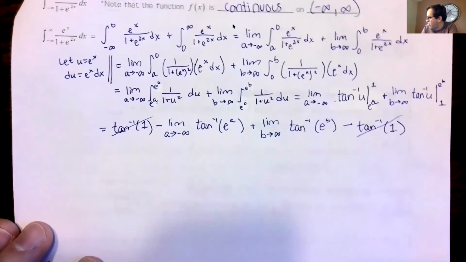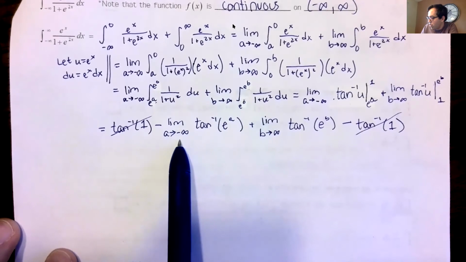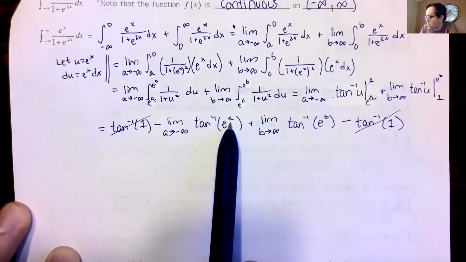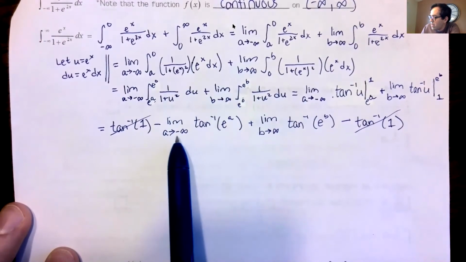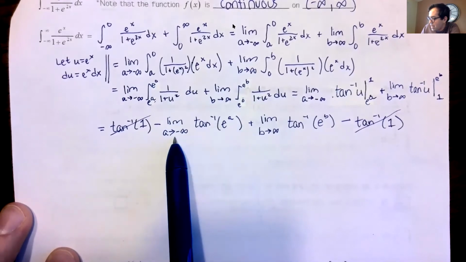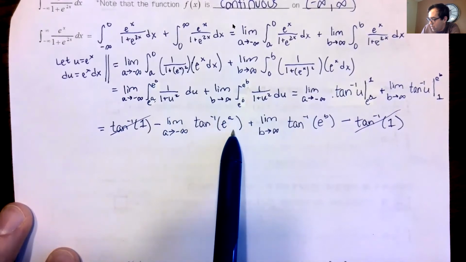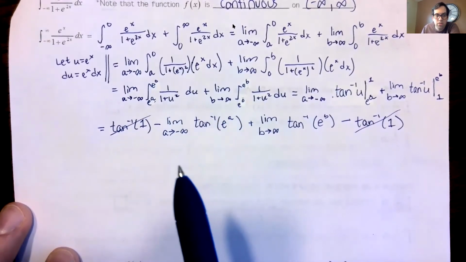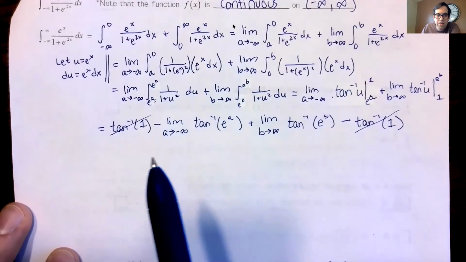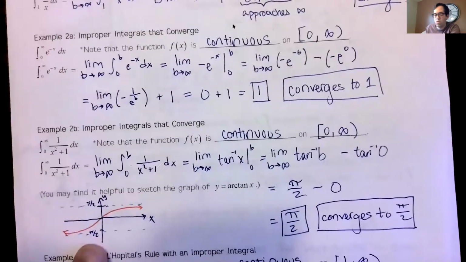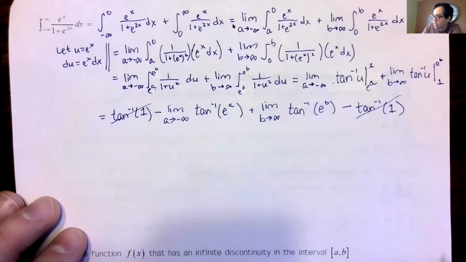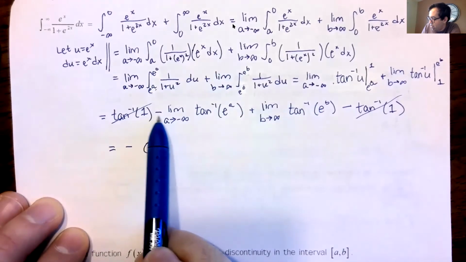So can we evaluate this? The limit as a approaches negative infinity of e to the a. So let's think about what's going to happen. If we plug in negative infinity for a, well, that's negative. So it's really 1 over e to the infinity, which is going to approach 0. So we've got this arctan of 0 essentially going on here. And if you think about 0 on our graph, we figured out before that the y value was 0. So the arctan of 0 really just approaches 0. So we've got a negative 0